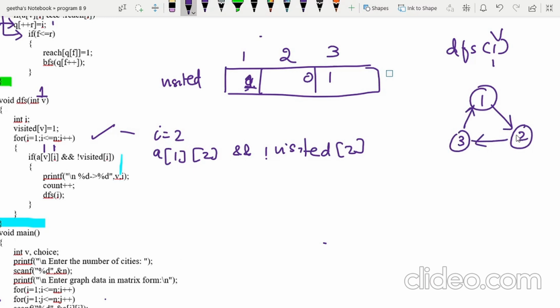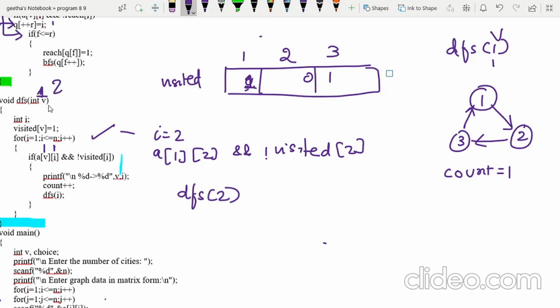Yes, and it is not visited. In that case, what are you going to do? You increment the count. Count becomes 1, and then call DFS of 2.